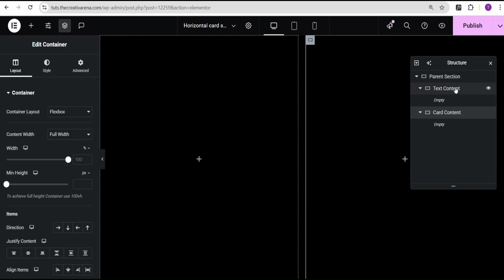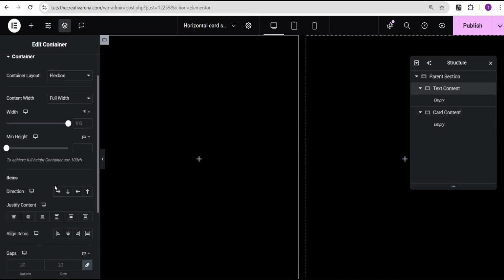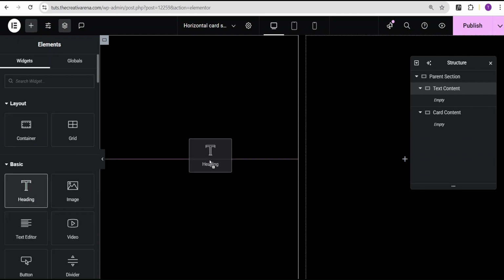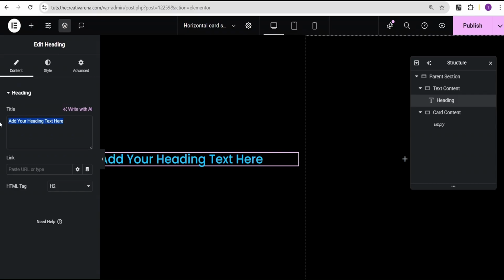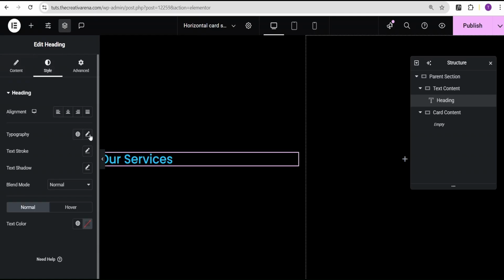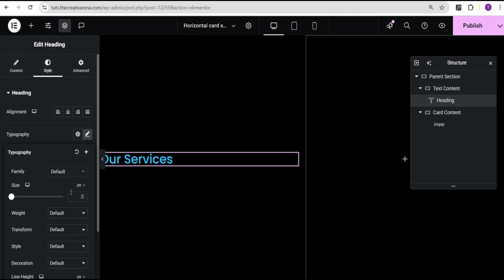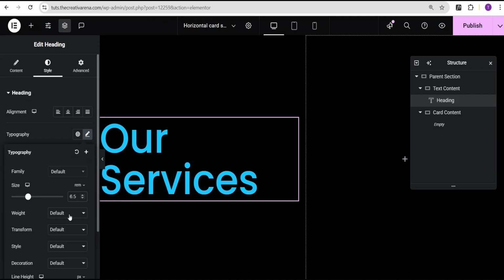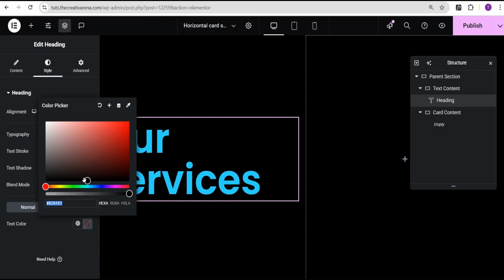Okay, so now for the text content, I'm just going to come over here, justify content to the center. Then I'm going to go over to our add element and then select the heading widget and drop it here. Now for the heading text, I'm going to set it to our services. Then go to the style option and tweak it a little bit. Now for the typography, I leave the font family as it is. Font size, I'm going to change the unit to REM and give it a value of 6.5 REM. For the weight, I set it to 600, semi-bold,